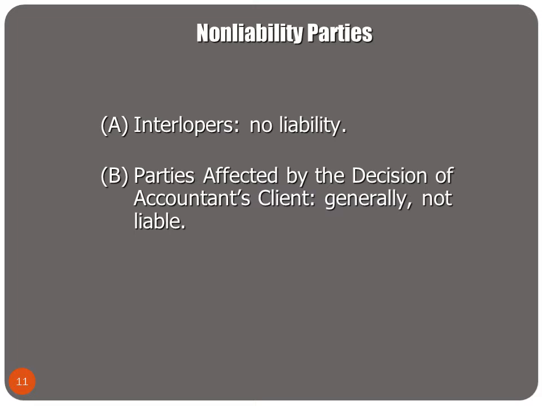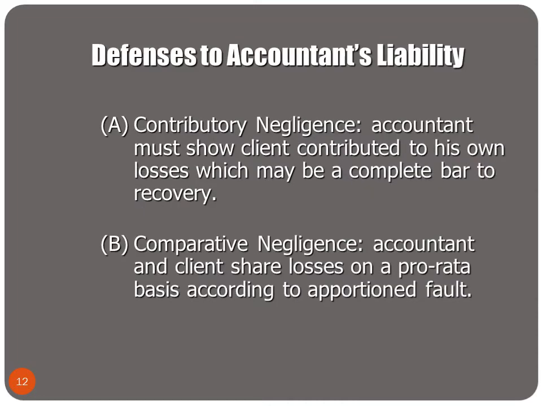And now we'll look at parties affected by the decision of the accountant's client, and they're generally not liable. On the basis of information furnished by the accountant to a client, the client may make a decision that affects a third party. For example, a report by an independent auditor may indicate that an employee, a fiscal officer of the client, has not handled funds properly. Assume that the client relies on the accountant's report and then fires the employee. If the accountant's report was negligently made and the true facts would not have justified the action taken by the client in firing the employee, most courts would still hold that third parties harmed in this indirect way have no cause of action.